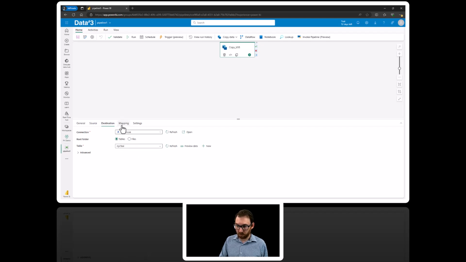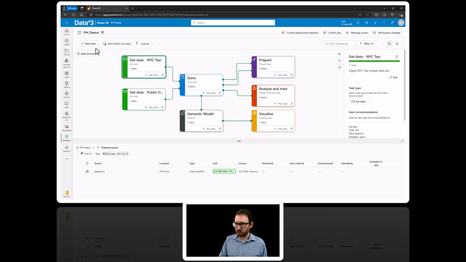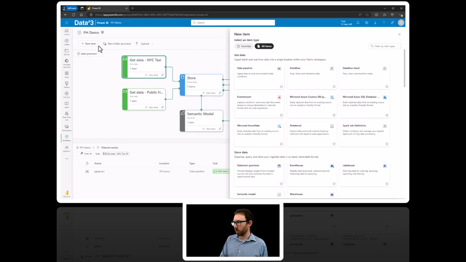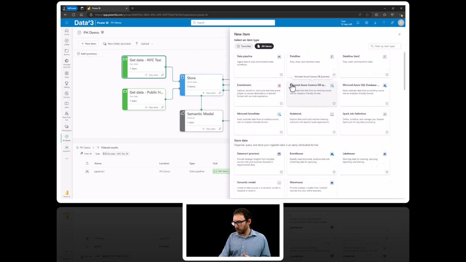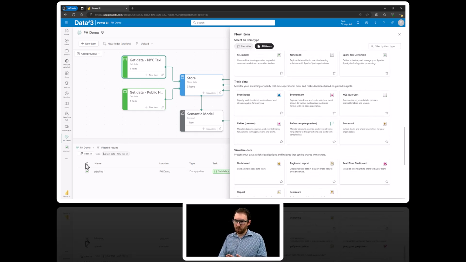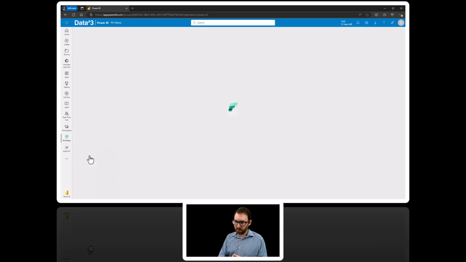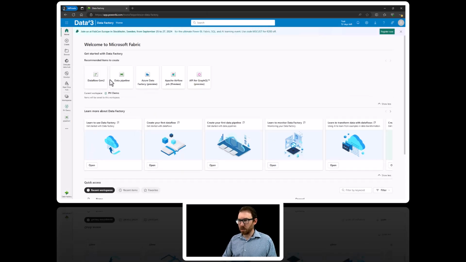I could go to a file. And so it's a mapping between the columns, the source and destination. That's a really simple task. What I might do, if I go back to my workspace, is I actually create a new task. Now I could go here to add a new item up the top here, and I've got a range of activities that I can use, which is everything you can do in Fabric. Or using my note down the bottom left here, I could go into Data Factory and see what I have,